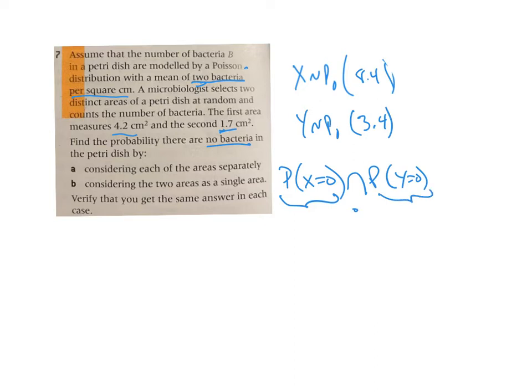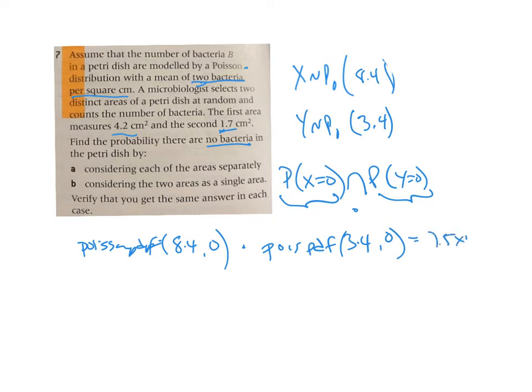And in your calculator, you're simply going to go Poisson PDF of 8.4, 0 times the Poisson PDF of 3.4, 0. And when you do that, I'm cheating, looking at the answers, I get 7.5 times 10 to the negative